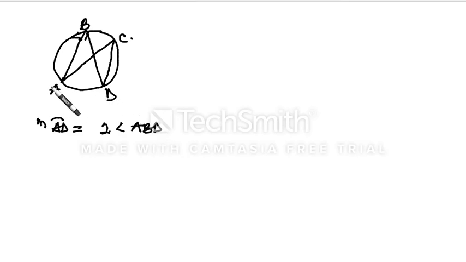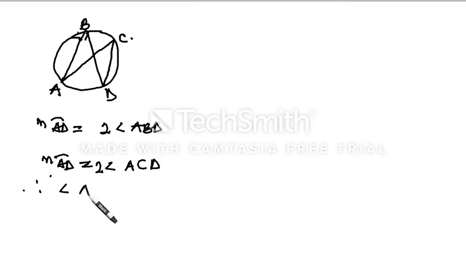Good. But if you are looking at angle ACD, it is also having the arc AD. So we realize that the measure of arc AD is also equal to twice angle ACD. So from this deduction, we can say angle ABD will be equal to ACD. So from this, we say therefore